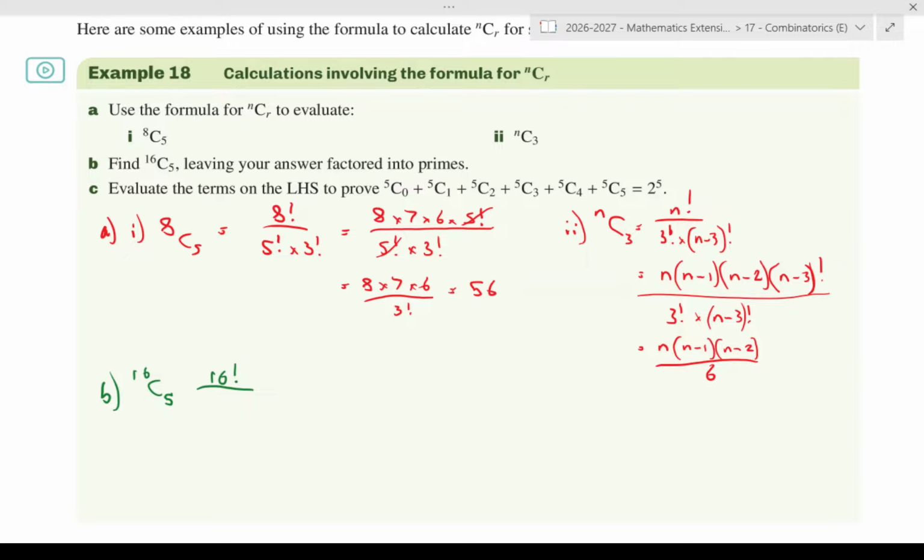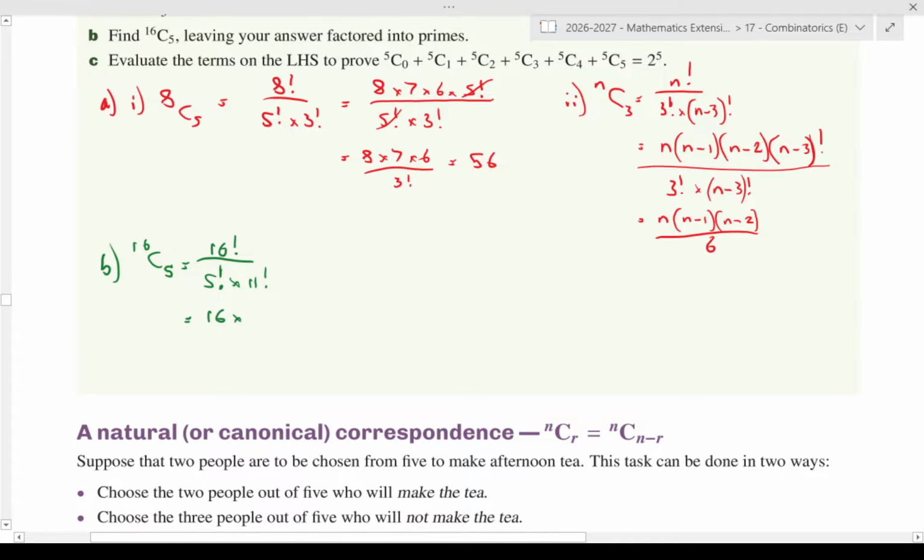Choose, so it's going to be 5 factorial times 11 factorial. So then what we've done is gone 16 times 15 times 14 times 13 times 12 times 11 factorial, all over 5 factorial times 11 factorial, which means you've got 16 times 15 times 14 times 13 times 12 all over